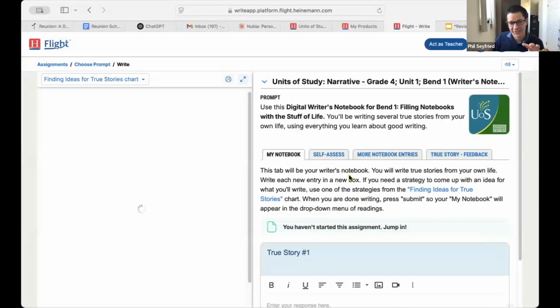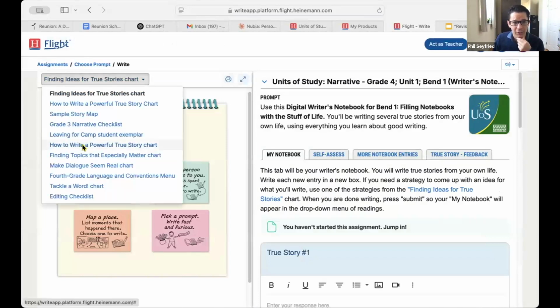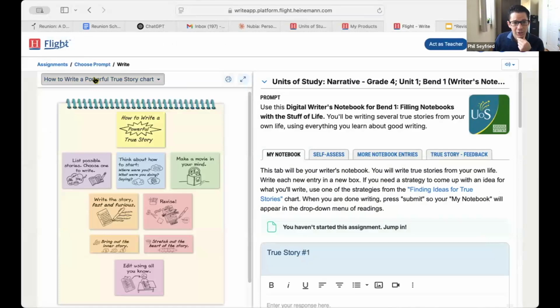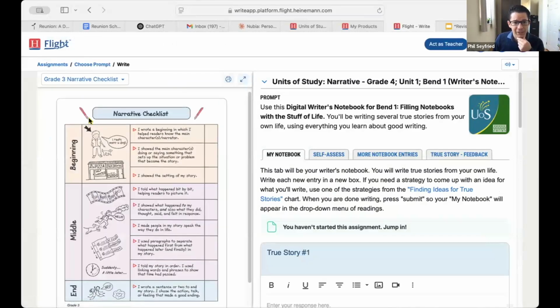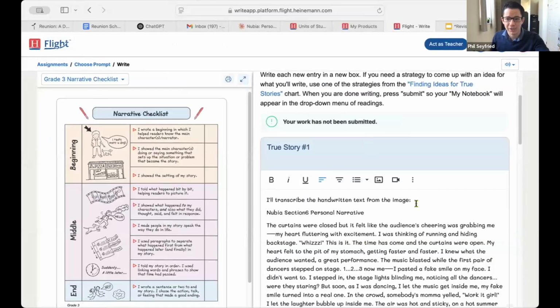So this is what kids see, not all the stuff that I was just doing behind the scenes. And it becomes a digital notebook where they can go to different charts and tools, and it's all embedded. They have their checklists. If kids enter their response into the notebook,